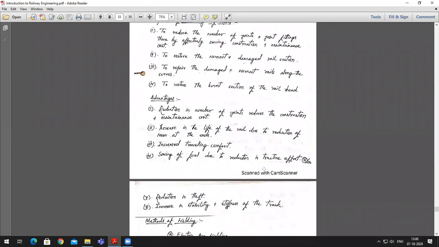Now, this particular joint which I told you about, the fish joint, induces certain friction and increases the tractive effort that is required to pull the vehicle. Imagine that throughout the highway you have rumblers. Imagine you are traveling in a car and you have these rumblers. I suppose you know what rumblers are, right?